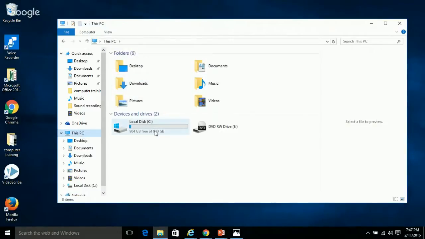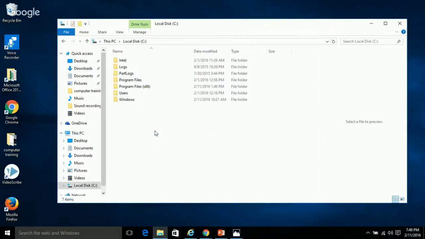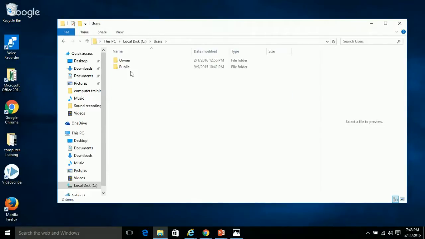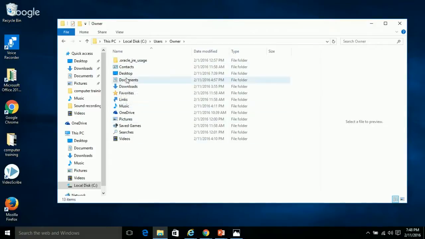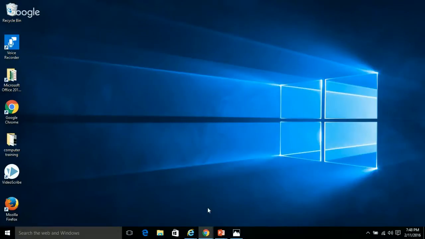So from this PC, again, we'll go to the C drive. So we're at the root of the folder, and from the users folder, we will see our name. We can click on that and we can get to all of our personal folders. And I keep showing you this because it's very important when it comes to saving and opening a document, which we're about to do. So I'm going to X this out,